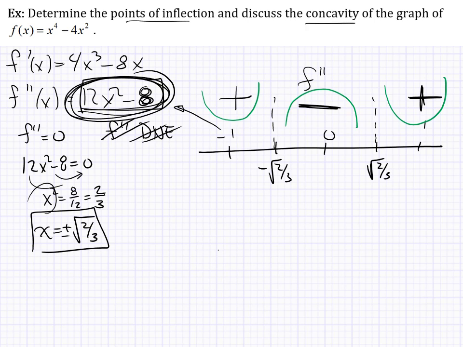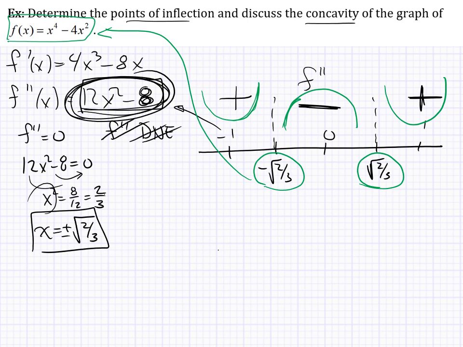As far as points of inflection goes, these could be points of inflection as long as they are points to begin with, because the concavity does change from up to down, but they have to be able to be points on the function itself. Since this function is a polynomial function, they sure are points. And so if we found f of negative root 2/3,